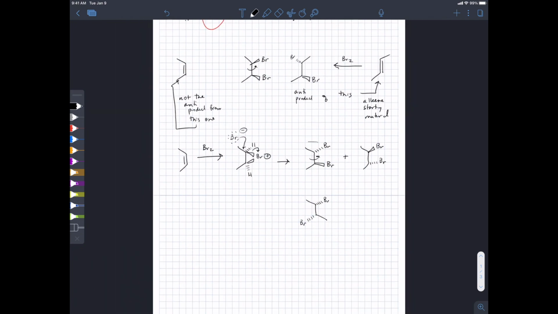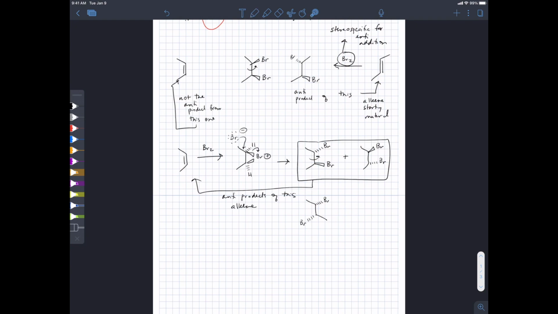So these two stereoisomers are anti-products of this alkene. In other words, you can't know whether something's syn or anti unless you know what the starting material was. That said, the bromination reaction is itself what we call stereospecific for anti-addition. What that means is the Br goes on one side to make the bromonium ion, and then